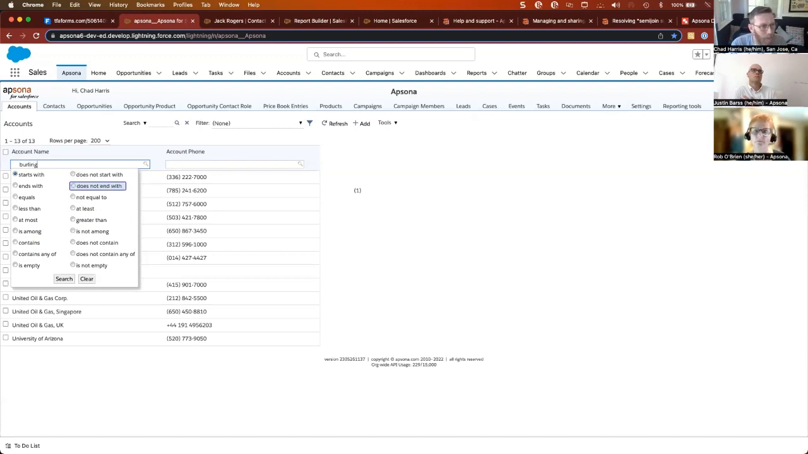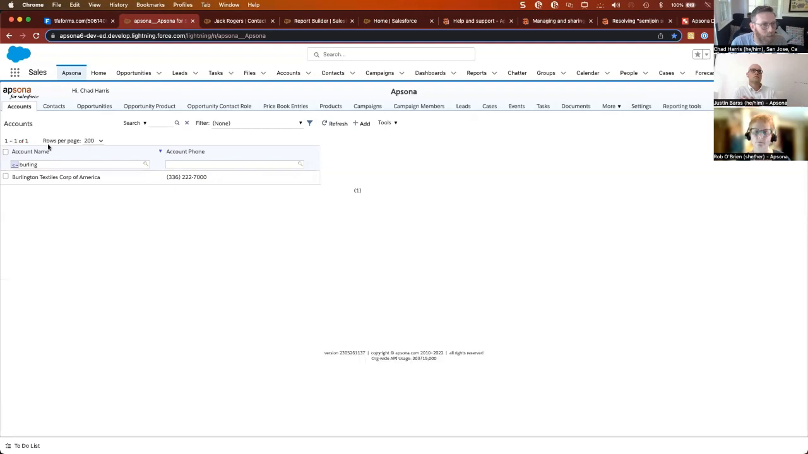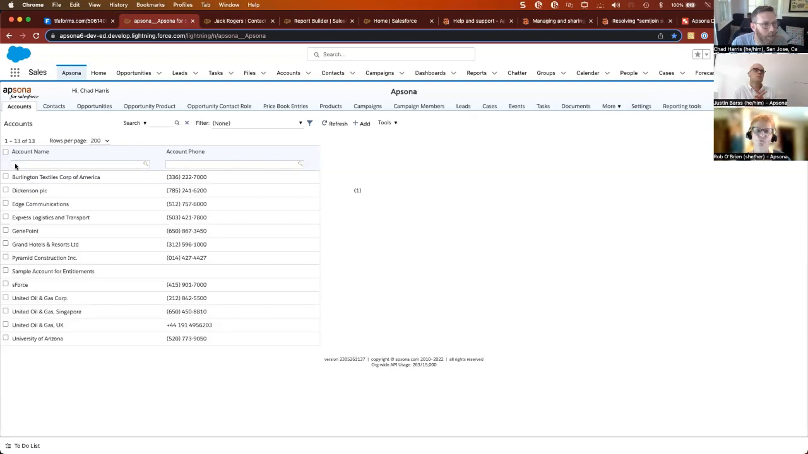I can just start typing Burlington and say it starts with, and it's going to filter my list down to whatever that field filter is that you added in. And then if I click this little blue button, it's going to remove it and bring me back to the full list. So depending on the fields you have chosen to put on your layout, you can filter by just typing in values. If you're trying to find a certain